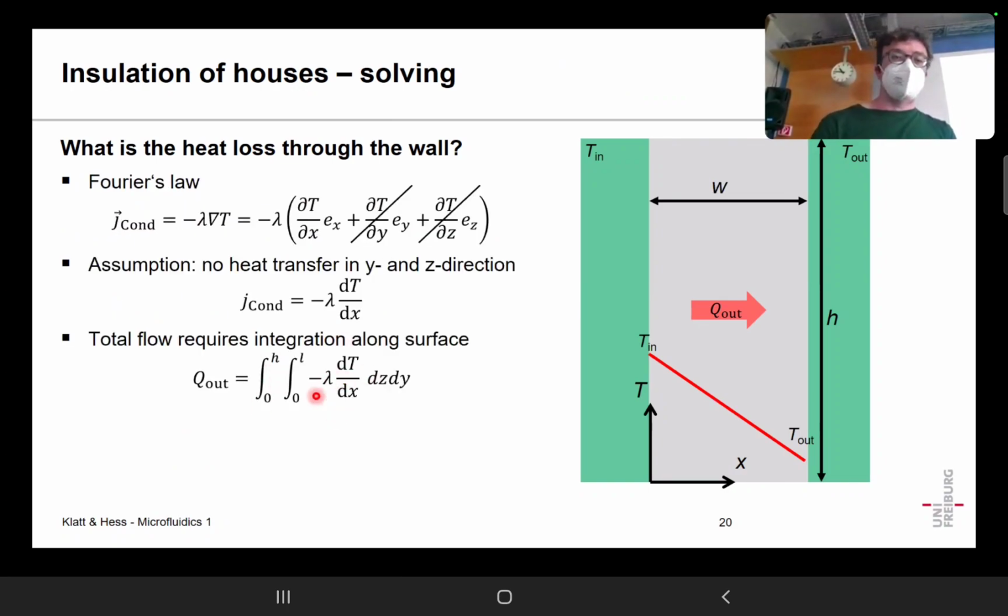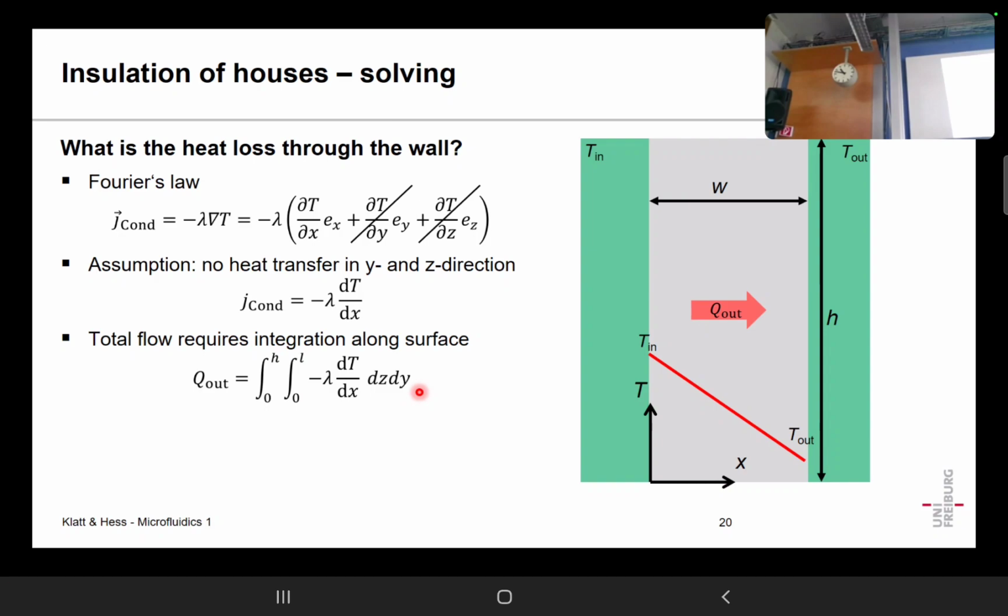This integration step is very important, because here in our case we have a very simple example. It's just a flat surface, but if we look at pipes, for instance, this will change completely, because pipes have a circular area. Let's say like this. So if we have a pipe that looks like this, and you want to measure the heat flux through the wall of the pipe, from temperature T1 to a temperature T2, the area where the heat goes through will change,